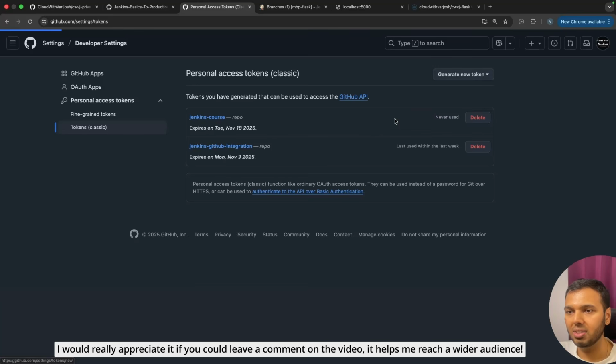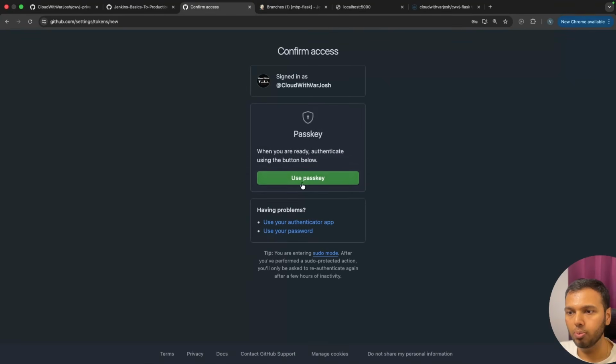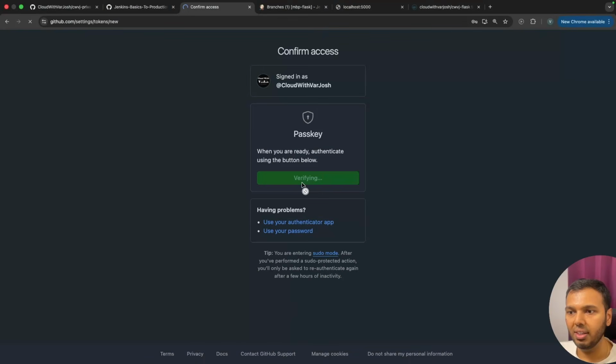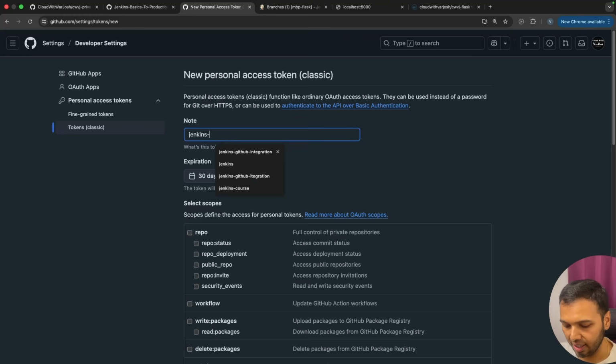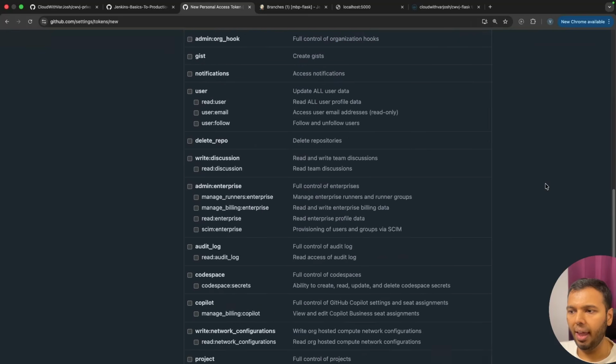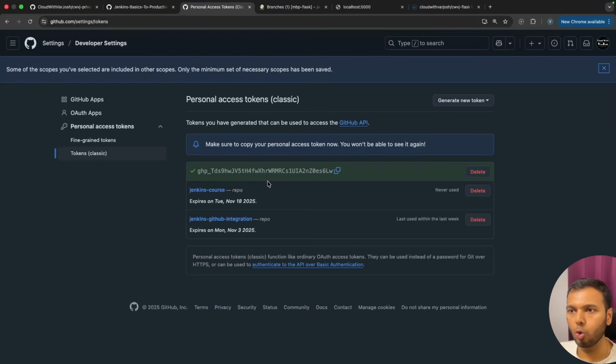I'll choose the classic one, and here I will use my passkey. I'll touch my finger, and then I'll call this Jenkins delete me, because I'll delete it after this lecture. Validity 7 days, repo, and then I will click on generate token, and then I will copy this token,